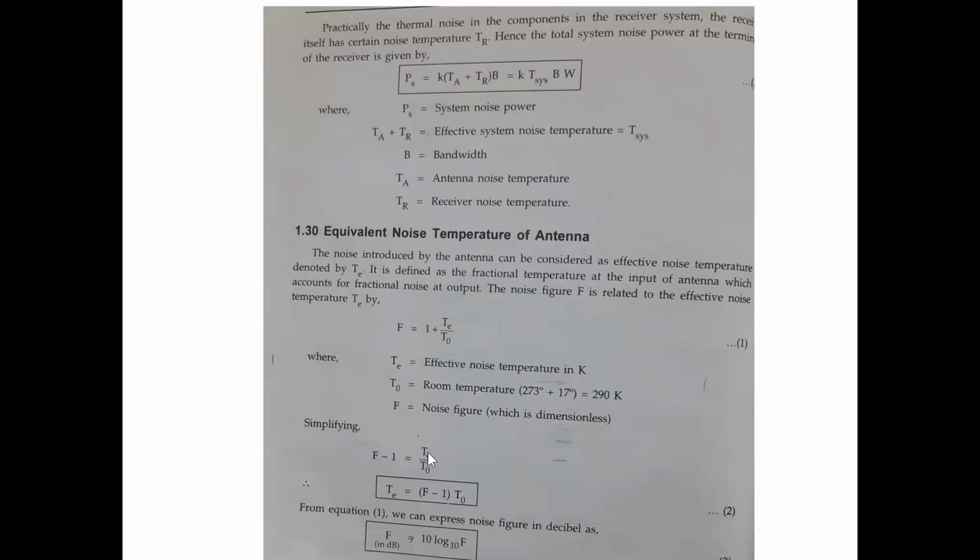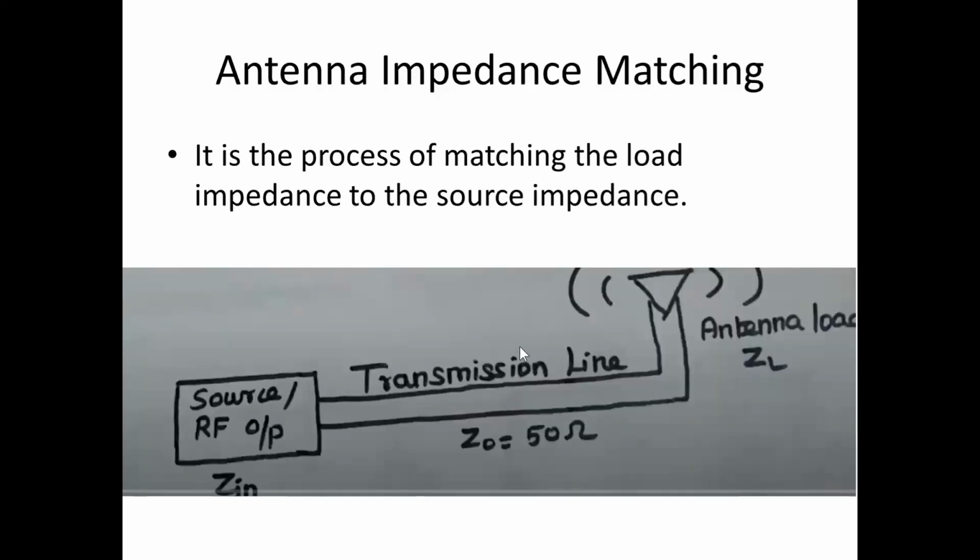And then that equation can be written like this. One can be taken to the LHS, that F minus 1 equal to T by T naught. Then T can be written as F minus 1 into T naught. Okay, so this is the antenna noise temperature we have seen in the